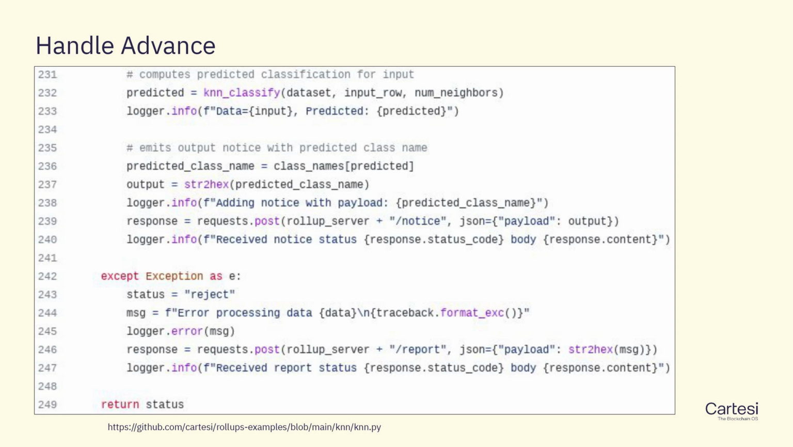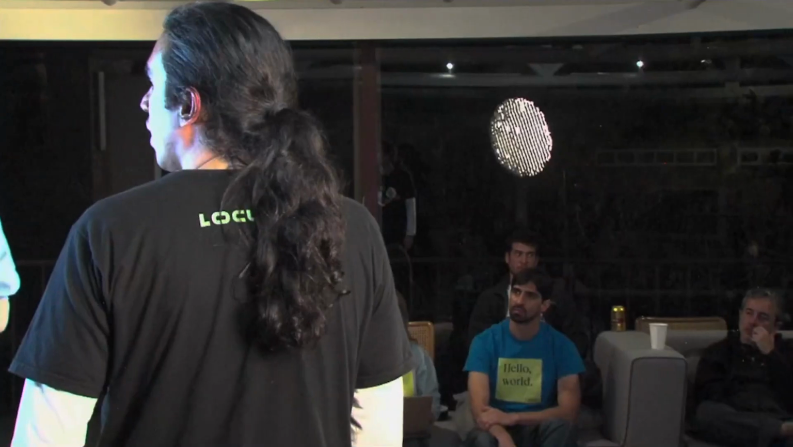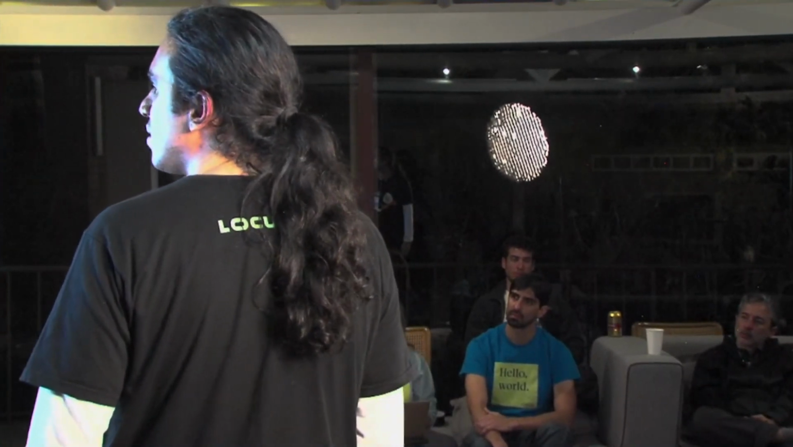I'm sending this back using the requests, like the request posts, and we'll just send this notice to the Cartesi machine with the payload saying what I'm processing here, and in this case it will be the class of the input. And then I think that is it for the